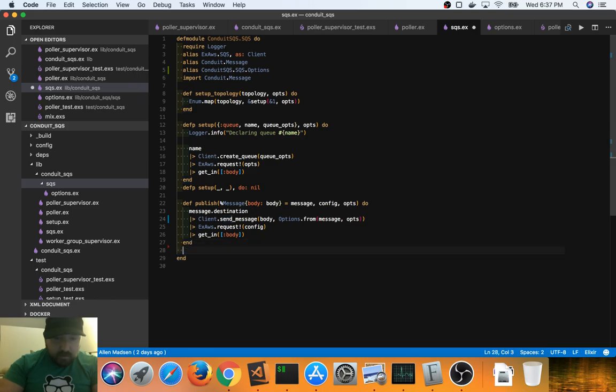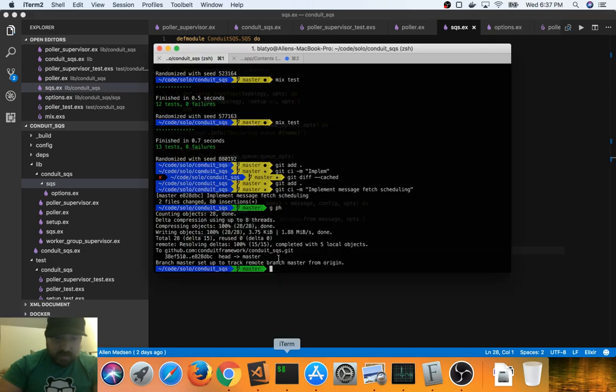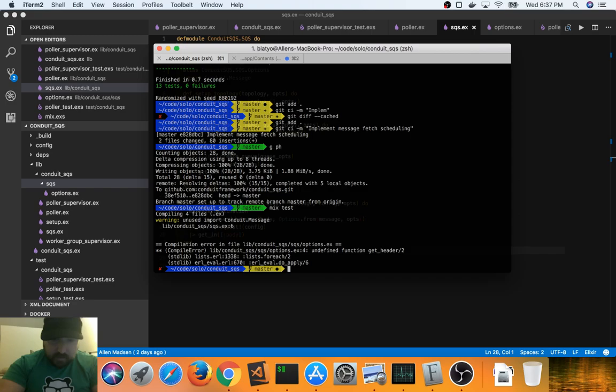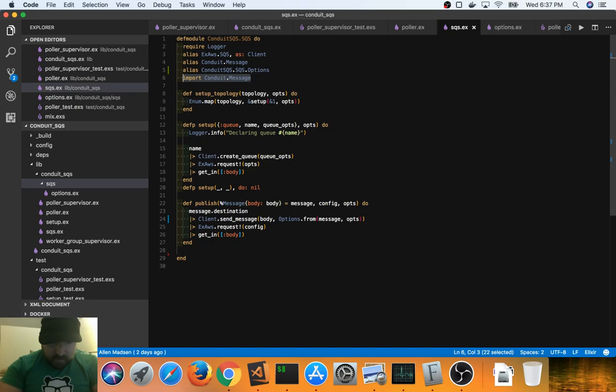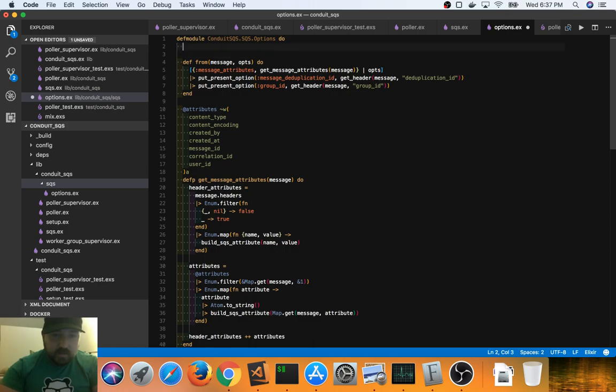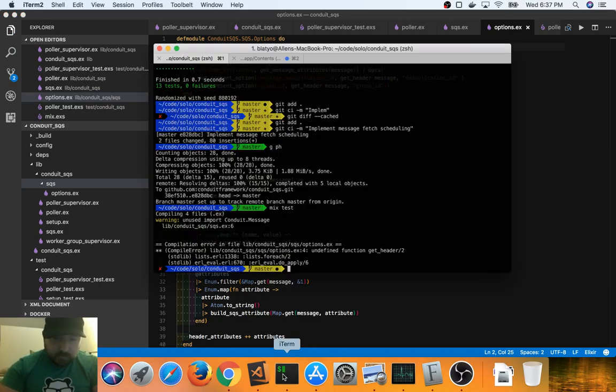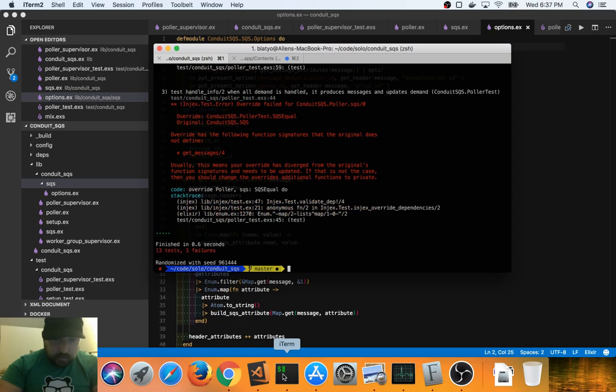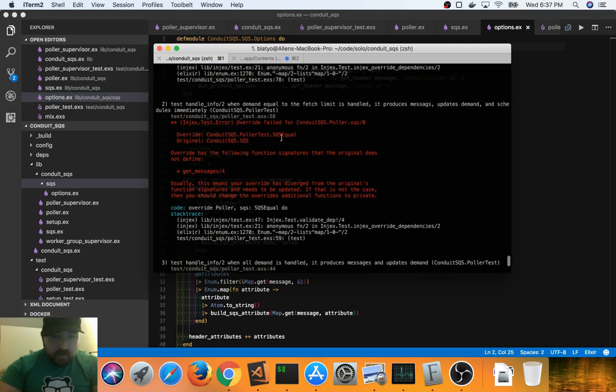So now we want to define a method called get messages. Actually, we should run our test first. Make sure that passes. Cool, we got a failure. So unused import. We were using this import in our options, so we'll just put that in here. And right, so